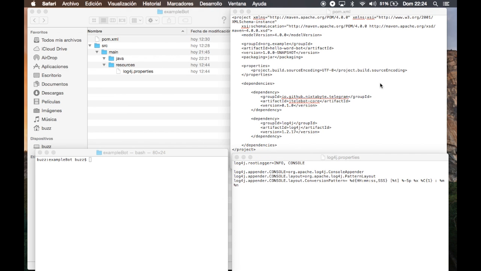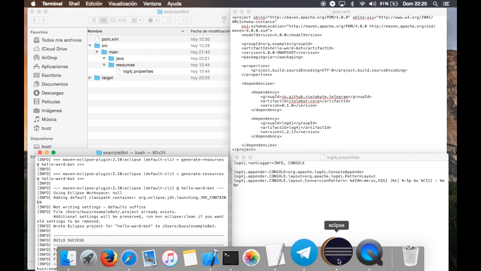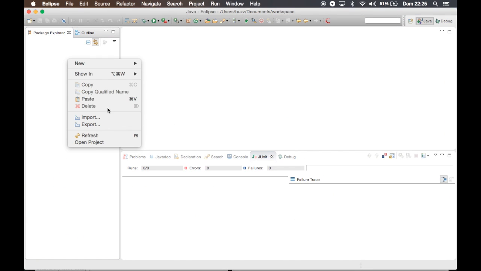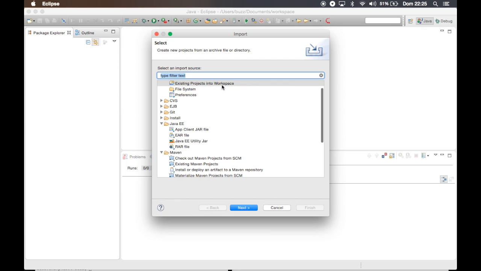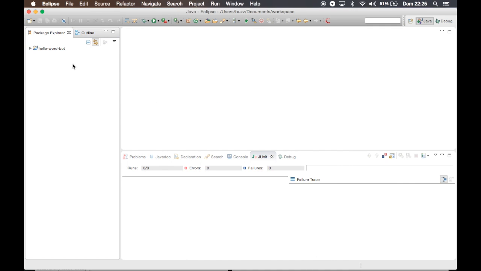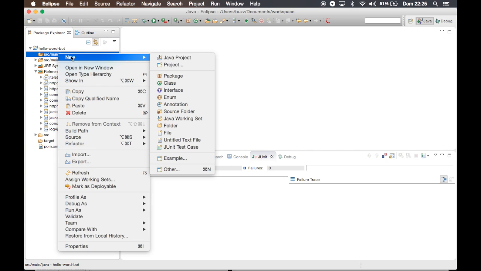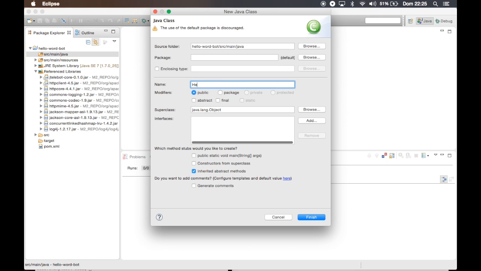In the POM we only have two dependencies, jtelebot and log4j, and we have a log4j file so we can manage our login. Now we can build the project for Eclipse. And there it is. Now we are going to import the project into Eclipse. And we can check that the dependencies we need are there, and we will define a new class called hello